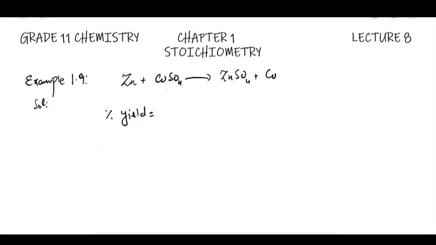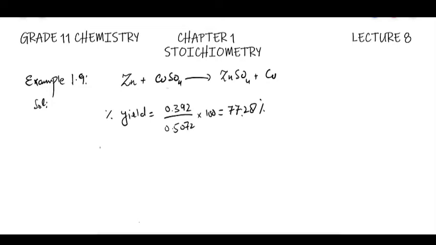So the percent yield of copper produced as a result of this chemical reaction is equal to the actual yield that is given in the question, that is 0.392, divided by the theoretical yield that we just calculated, 0.5072, multiplied by 100, and this is equal to 77.28%. So as a result of this chemical reaction between zinc and copper sulfate,